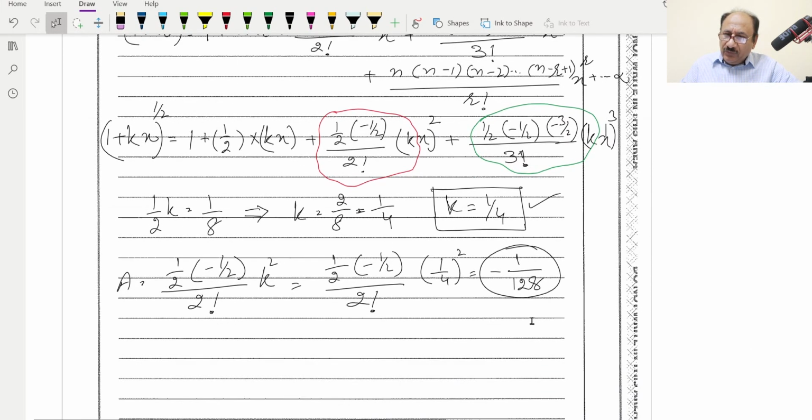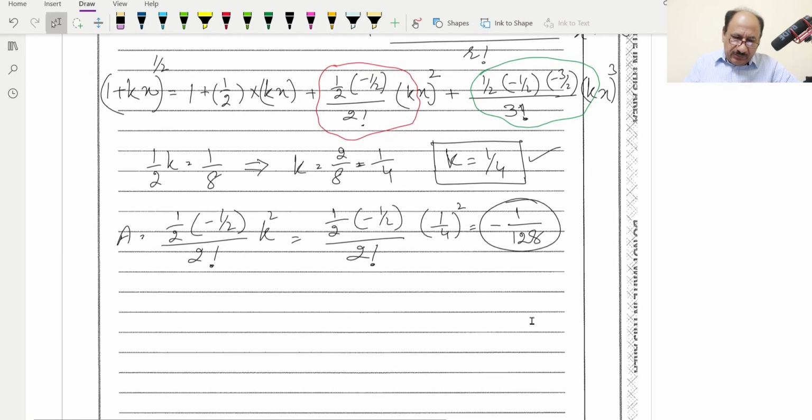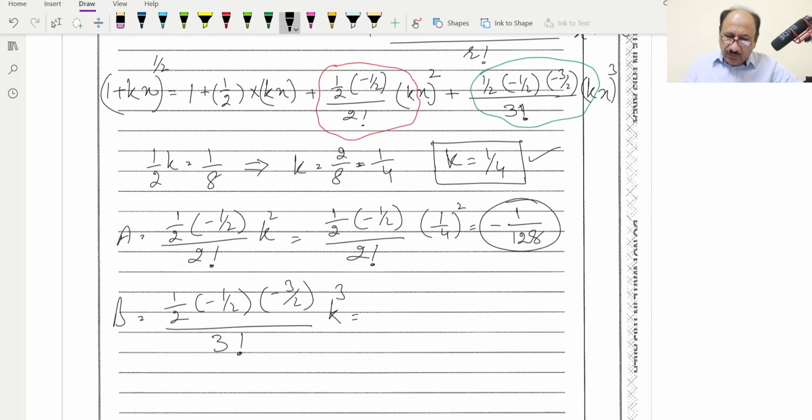Now what we can do, we can replace in this b value. We can find b value will be equal to 1 by 2 into minus 1 by 2 into minus 3 by 2 divided by 3 factorial and k cubed. K cubed, now we can replace the value of k, which is 1 by 4, so it will be 1 over 2. So we can multiply basically mentally also, so it will be plus 3 over 8, and this will be over